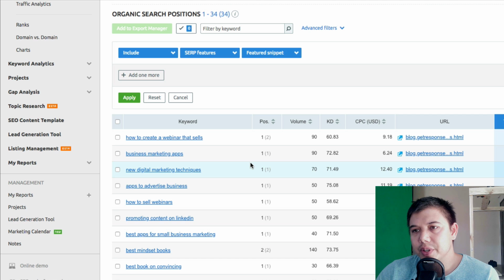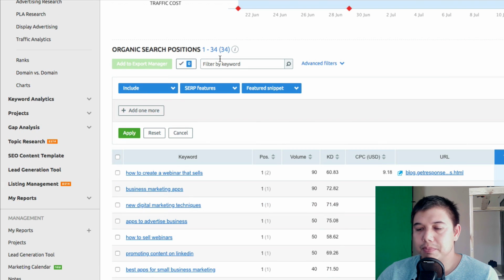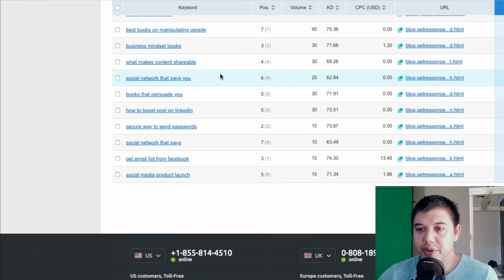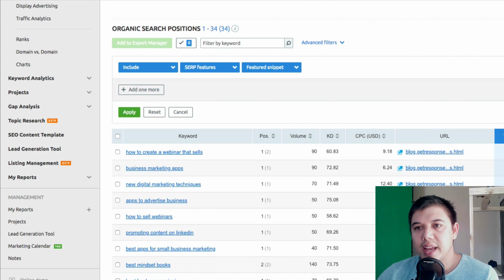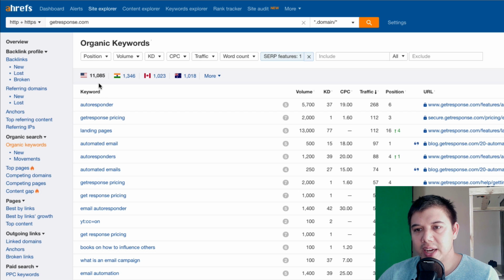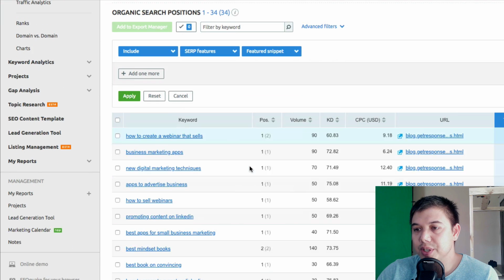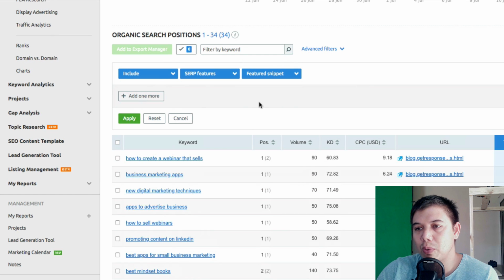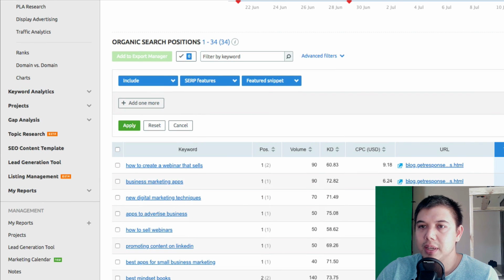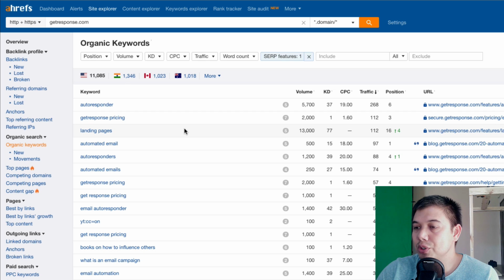Now, one thing you'll notice though is that this is only going to give us a total of 34 featured snippets. And over here, we've got 11,000 featured snippets. Now, why is that? Because the SEMrush page is only showing us featured snippets for getresponse.com. On the Ahrefs page, it's showing us featured snippets for all of the keywords that Ahrefs ranks for. So this is a better tool for, let's say that